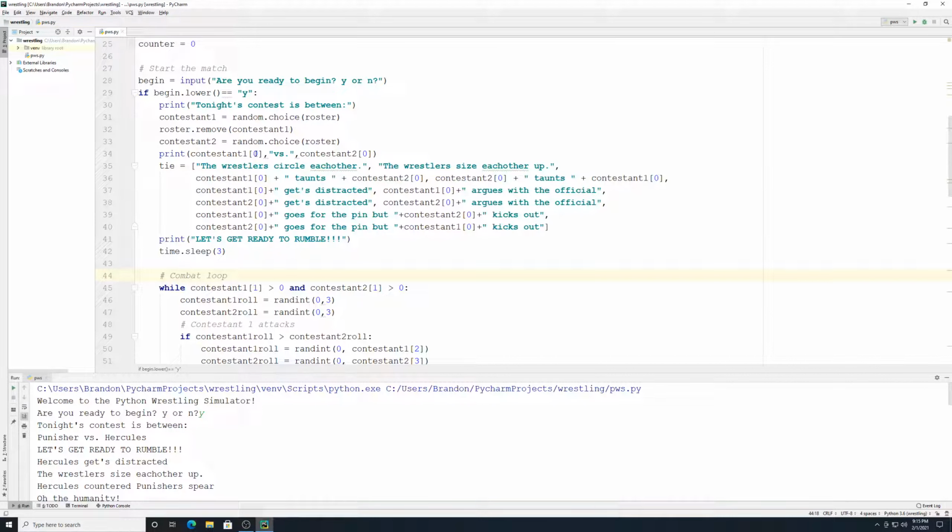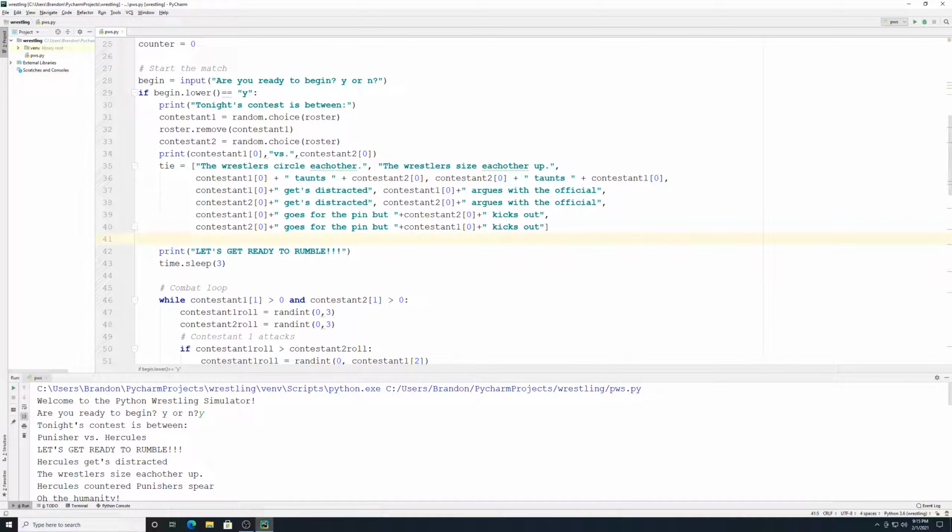And I could put maybe something right before that as well. I could go time dot sleep and then put in 3. And then maybe